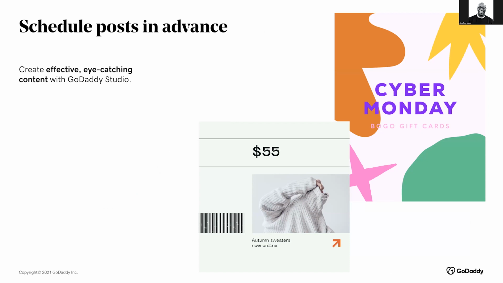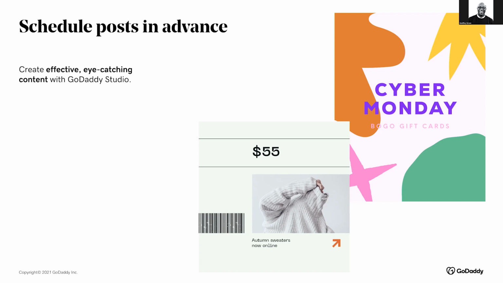So all of the lovely posts and examples that you've seen here can be created with our lovely GoDaddy Studio. They have all kinds of graphics for the holiday season, templates that you can easily input your business colors, any specialized fonts, information about your event or promotion, sale, whatever it is you've got going on.